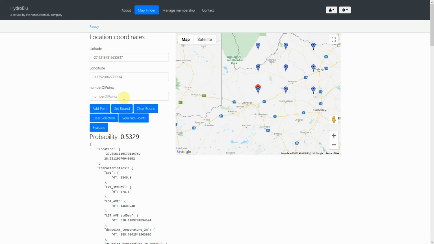You can increase the number of points. The default is 9 points. You can always increase that. So let's say we wanted 25 instead. If we click generate points, you can see you've got more points in that region now. So I'm just going to clear this. To clear the selection, so these blue markers, if you want to clear that, just click clear selection. And then if you want to clear the bounds also, so the corners of the bounding box, you can click